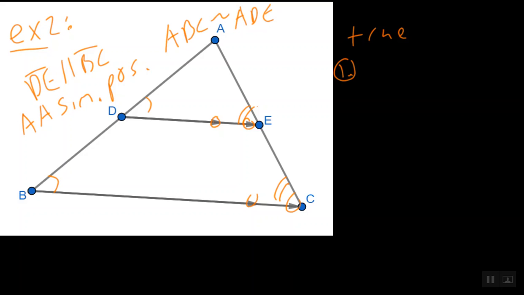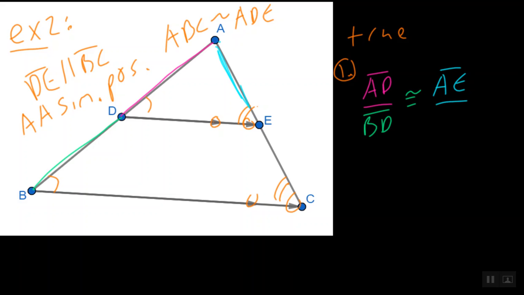And this is where we're going to contrive all of our statements. So I told y'all we'll do two true statements. Statement number 1. Let's take a look at AD over, and let's go ahead and do BD. And I'll try and use different colors for all of these. And let's say this. Is this congruent to, well, what do you think it would be congruent to? Hopefully you would say that AD is corresponding to AE in some way, and of course BD was corresponding in some way to